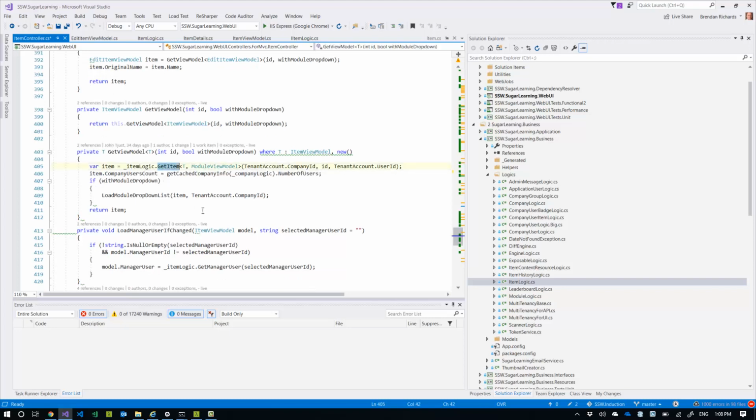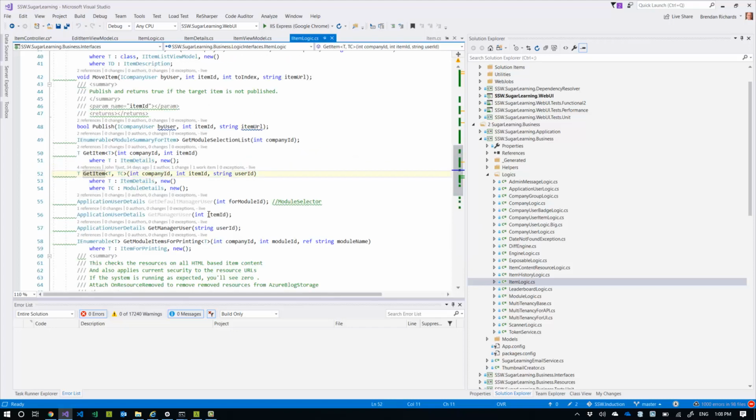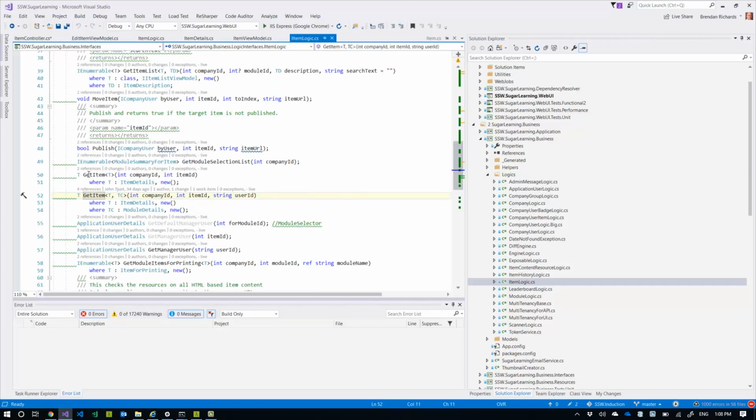So here's our get item. Let's take a look at this interface. Interfaces are important because they really define the methods and are the interface between various chunks of code. And if we look at this one now, the get item, all these get